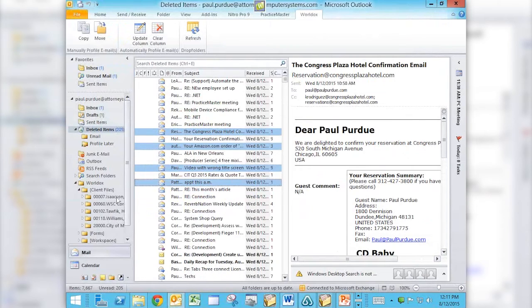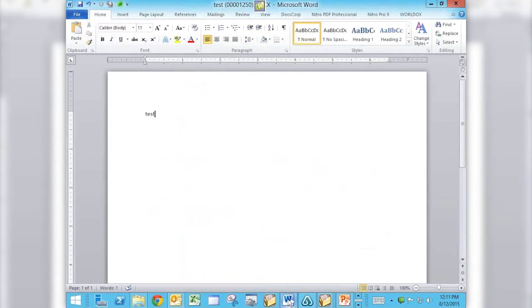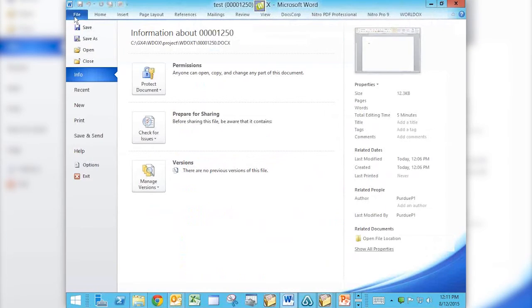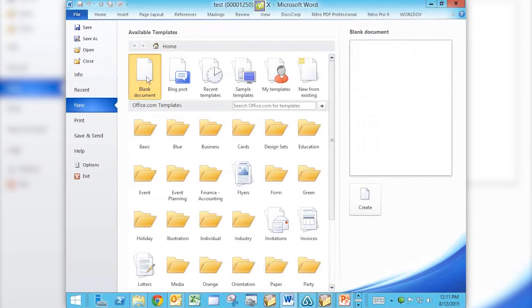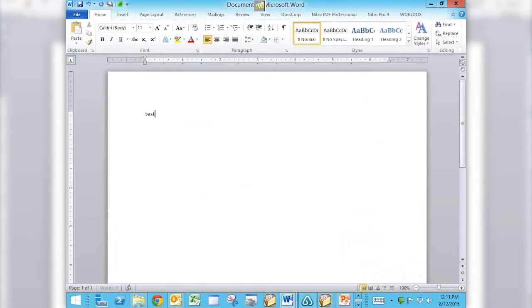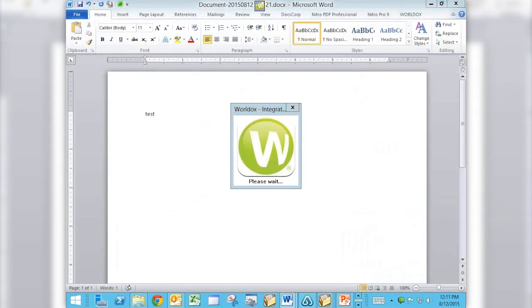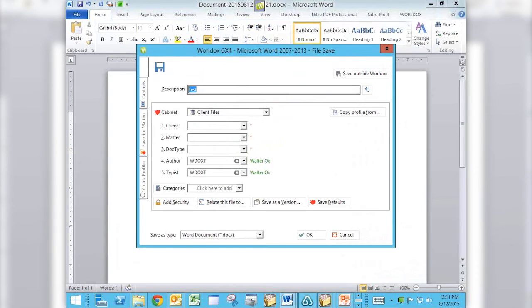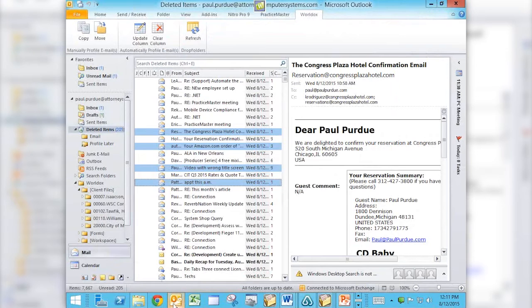So let me take a look here. In WSC, I just want to get a glimpse of who I have not saved to. So I'm going to go out here, and I'm going to save a document. I'm going to create a new one real quick, just so it's not confused about this quick save that I just did. And I'm going to do a blank document, and just like I always do, I'm going to type test. But this time I'm going to save it. And I'm going to try and save it to somebody I've never seen before. So let me go back here,